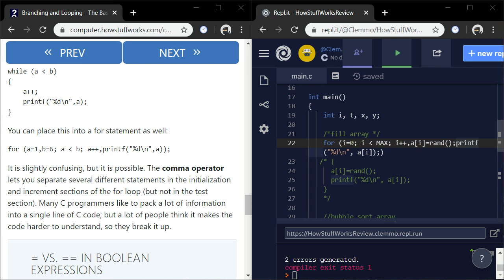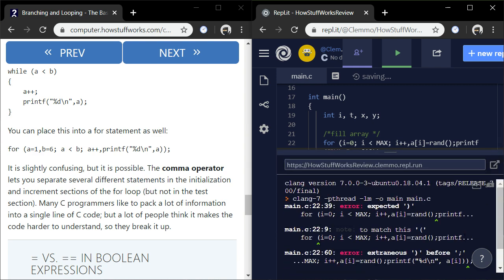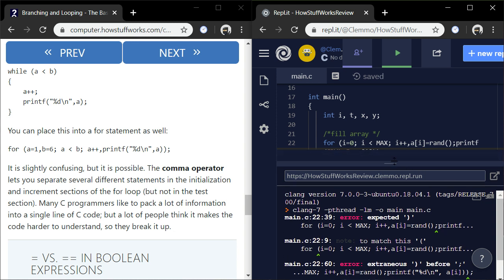It didn't terminate as a semicolon, so I'm just going to get rid of the semicolon and put it here. That's the first thing I'm going to try. No, still got errors. Expected another bracket, another parenthesis.